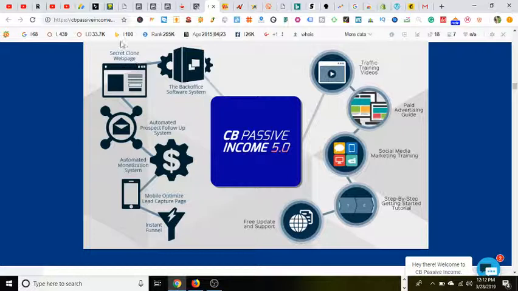Secret clone web page. So he's going to give you an automatic landing page, sometimes known as an opt-in page for people to put their emails in. Automated prospect follow-up system. So he already has an email marketing system in place for them, already generated with email responses. I'm sure that all you pretty much have to do is just insert your affiliate offer along with also your tag for your emails, automated monetization system that's interested, mobile optimized lead capture page, and an